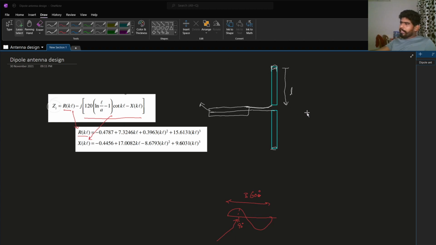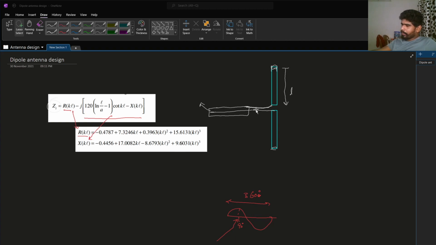So a dipole antenna will be like this. It has two elements, two wires, maybe cylinder wires we can take. The distance is a length L, and usually one is connected to the outer conductor of the coaxial shield, and the next one is connected to the inner conductor of the coaxial shield. So this is the input impedance of the dipole antenna. It's not much required in our design actually, but from this we will understand how we can identify a good length